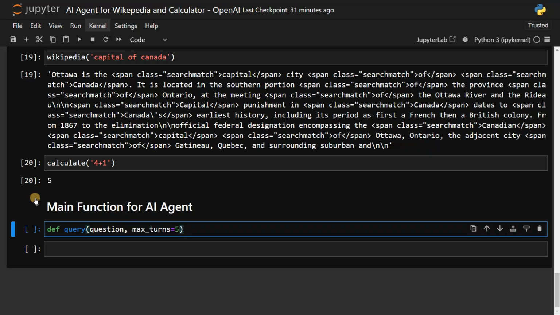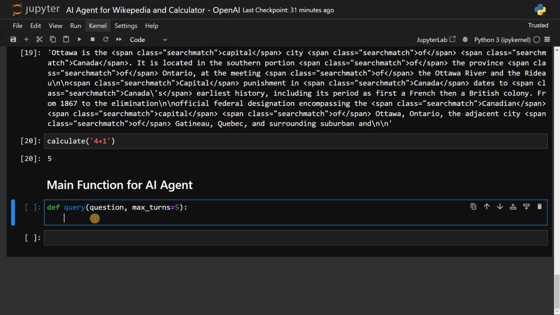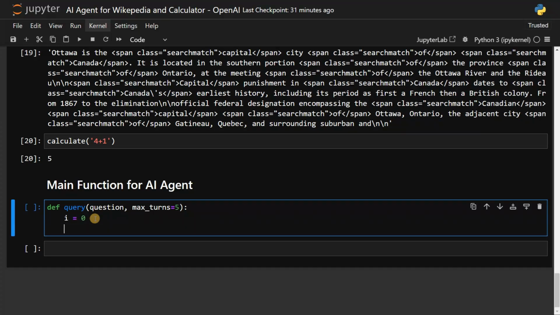So why I'm defining max turns is that the AI agent will run in a loop. So we have to define the maximum number of turns, or else it will just keep on thinking and won't yield any results at all. So sometimes we have to cut short our thinking process. That's why I'm setting this max turns. If you want the loop to run 2 to 3 times, you can pass it as a parameter. Then i equals 0, bot equals chatbot,